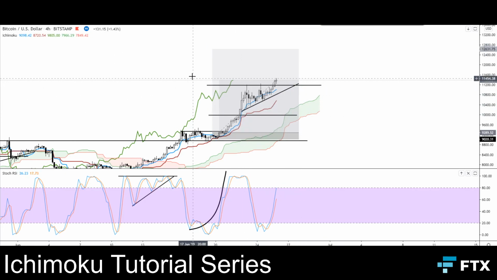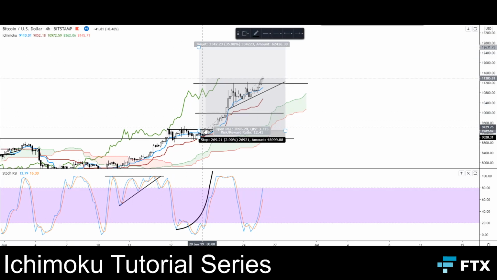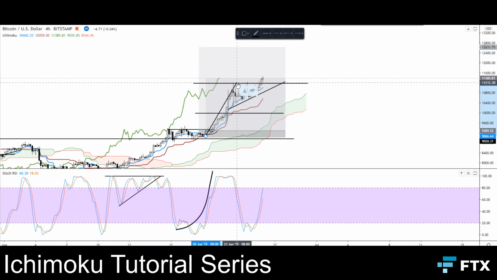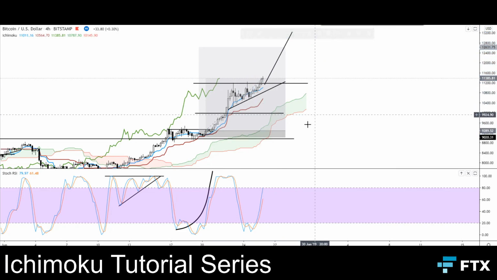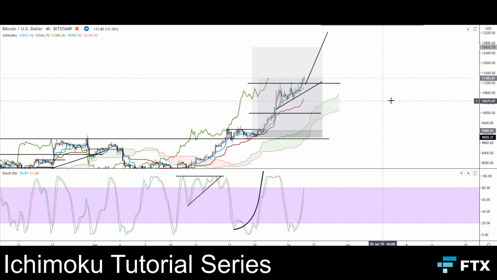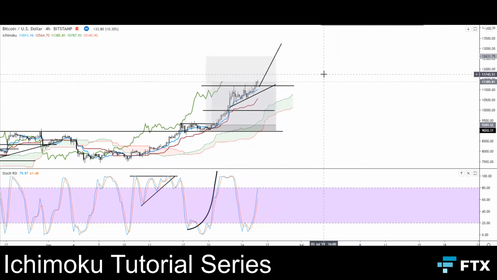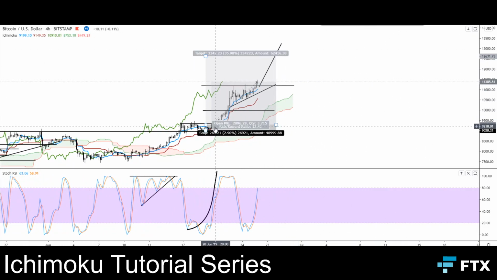For here, another flag. Okay, so this has a measured move. We can also use that measured move from here to here. Right, drag that up. And then what we can also take into account is this is in the middle of the swing high. Okay, let's just watch how all these elements play out, because we're still in this trading position, right? Our stop loss is down here. We're still good,